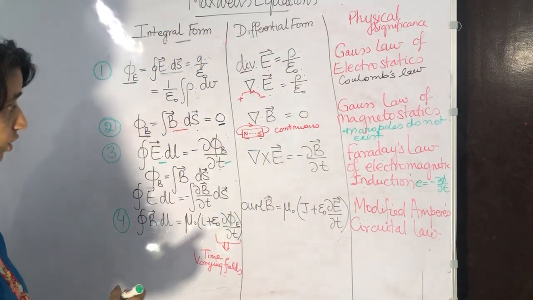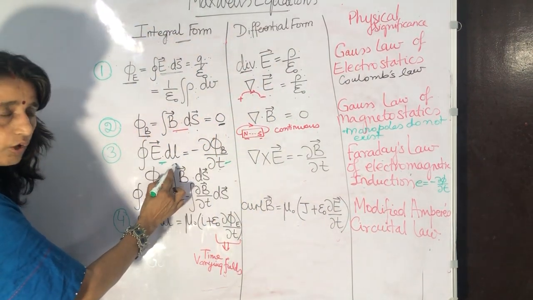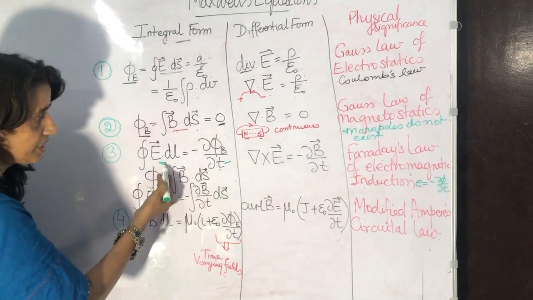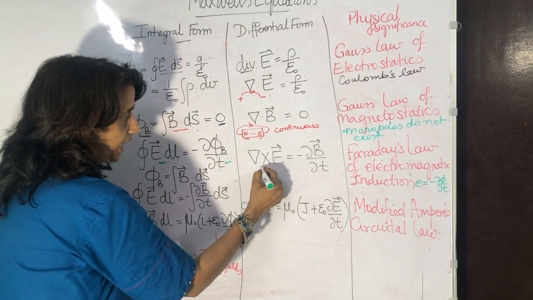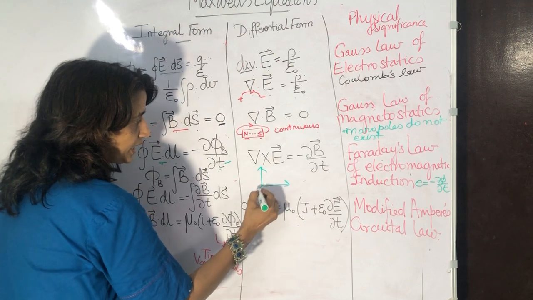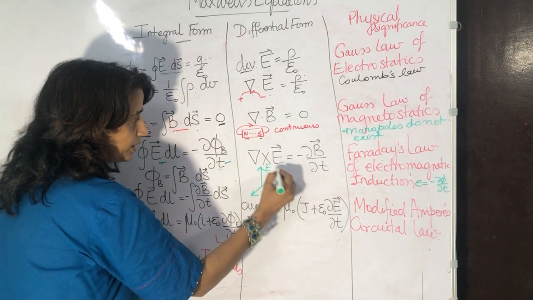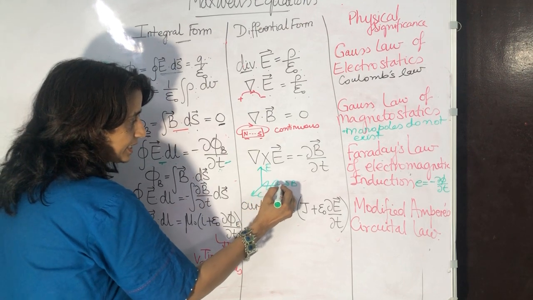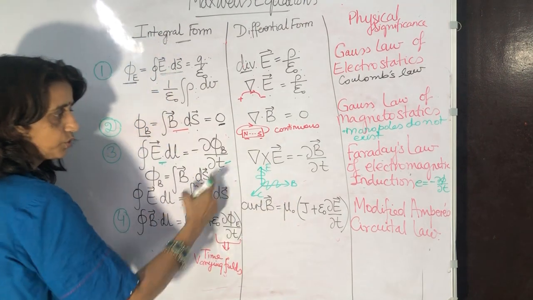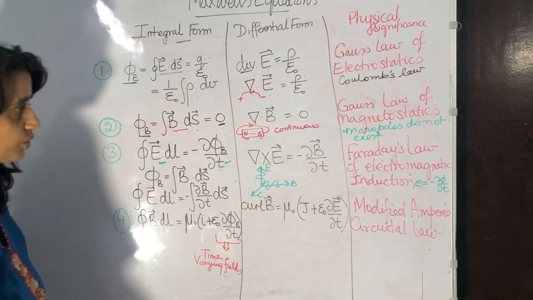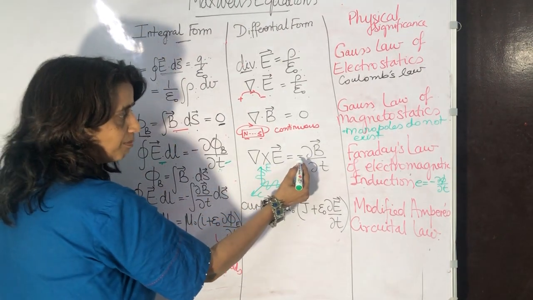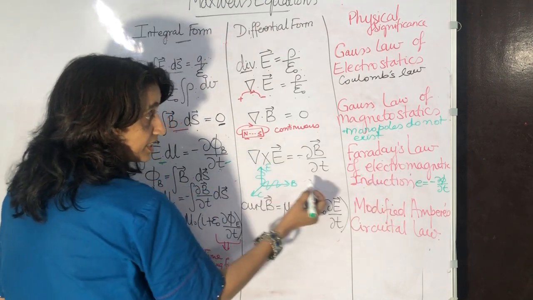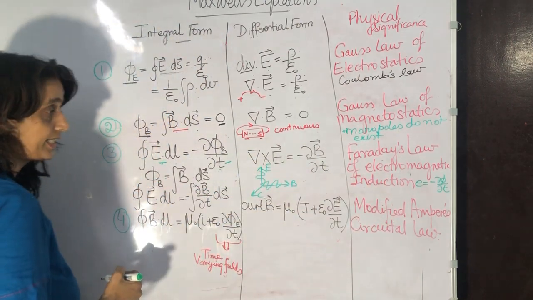So that phi was E dot A or B dot A. If this changes, this produces; if that changes, this produces. For any electromagnetic wave also, if you remember, E, B or H, C. This is changing, this gets produced. That changes, this produces. So del cross E is equal to minus, meaning in the opposite direction, Faraday's law of electromagnetic induction, del B by del t.